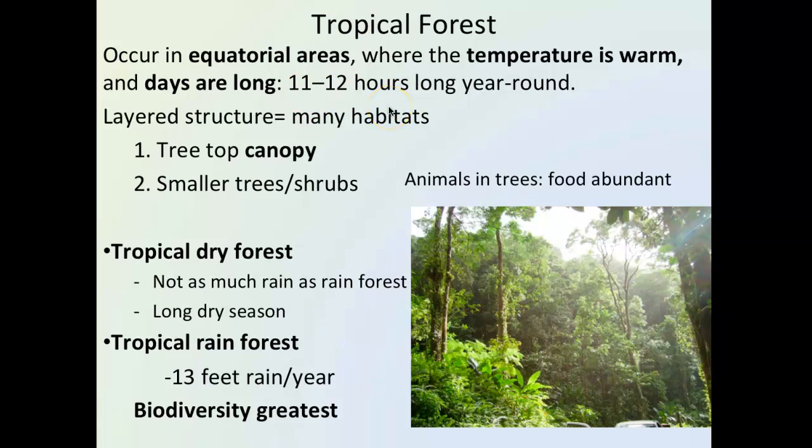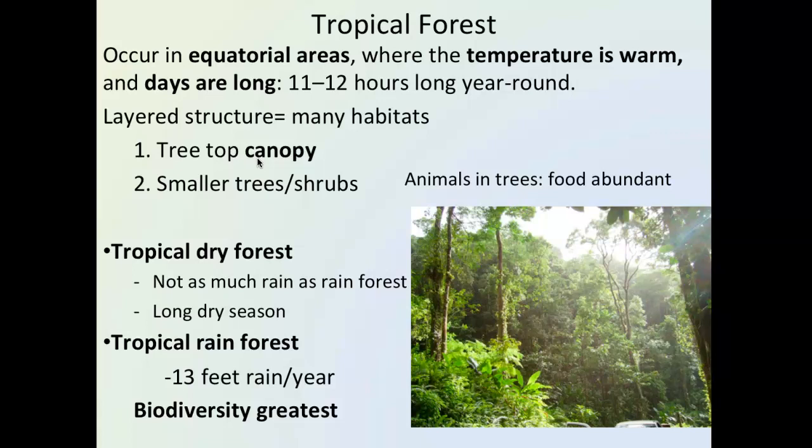Because there's so much light, it can support a lot of photosynthesis, and you're going to have plants at every single layer that can exist. So you have plants at the bottom, on the ground, you have middle shrubs and smaller trees, and then you have really tall trees that form a canopy. So the treetop